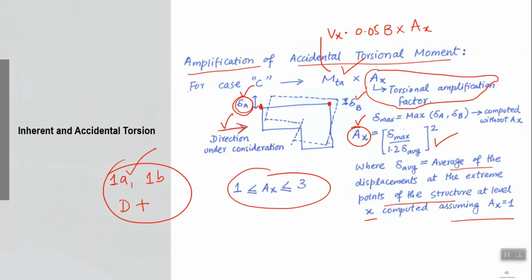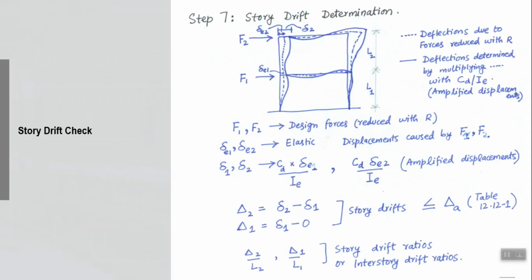So please go to that horizontal and vertical irregularities table and check whether you have that 1A 1B irregularity. If you have that, then come back here and calculate the accidental torsional amplification factor and apply that factor to your applied loading, right. Then story drift determination. Let's quickly see this thing because this is related to the application of that CD factor, and then we continue